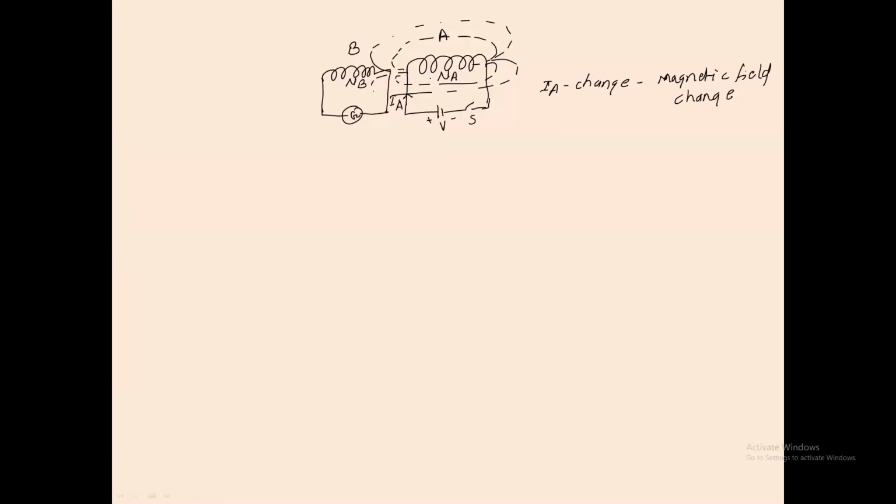some part of the magnetic flux produced by coil A is also linked with coil B. Do you agree with me? Because we assume that coil B is placed near coil A, so I never say that the total flux produced by coil A is linked with coil B. It's not the case like that. Right? Can all the flux produced by coil A be linked with coil B? Imagine. No. Absolutely no, sir. Right, or that would be an ideal condition. But right now it's no.